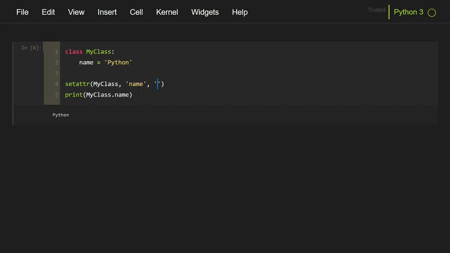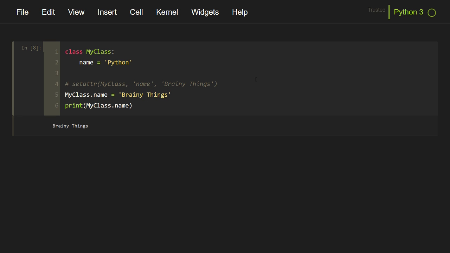So I will set this to Brainy Things, and now if we print after the set attribute function call, the myClass.name has a value of Brainy Things.